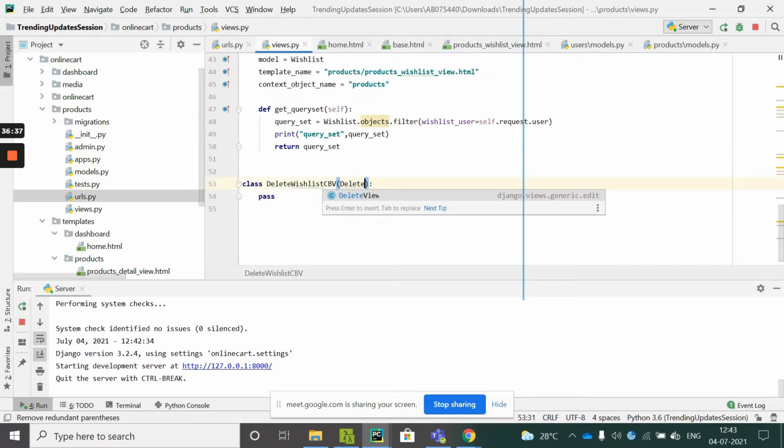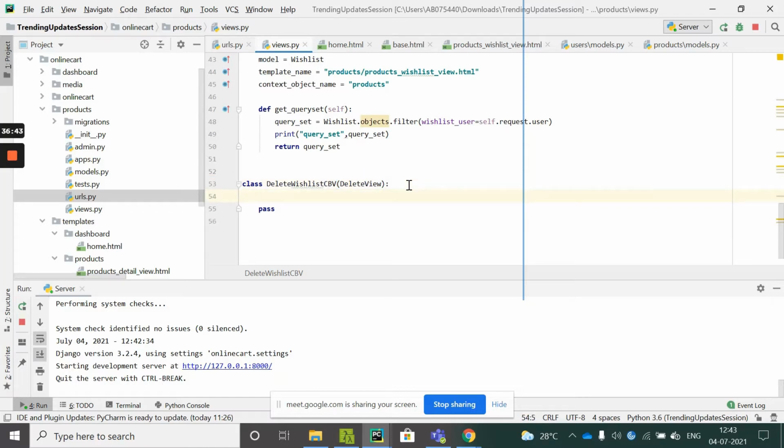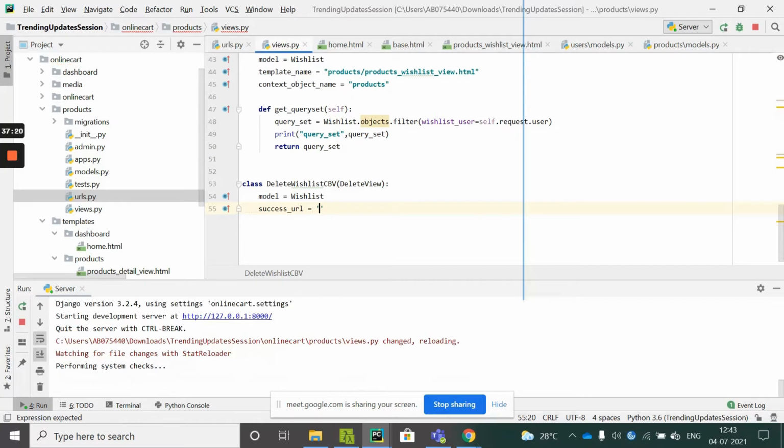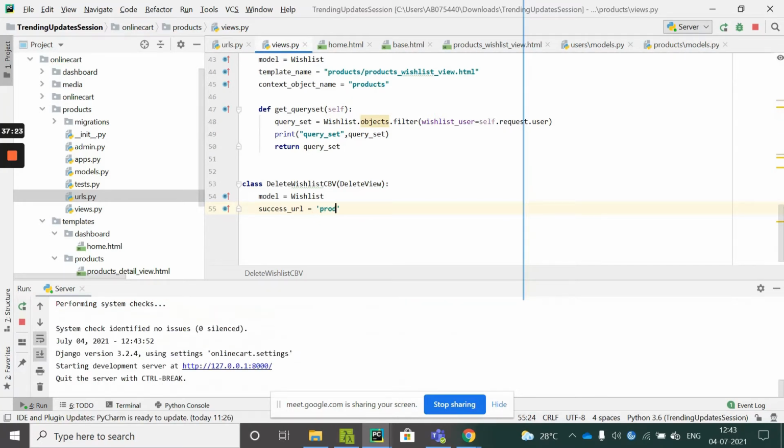Pass in delete view in this class, so it will override this class. Whatever methods you give into this class, it will be overridden. So you can simply pass in such as model and then say delete from wish list. So you took the ID of the product, and you make it to delete. Now you can pass something as success URL. I want my success URL to be on the products page. I'll say products and then wish list. I want it to reload on the same page only.